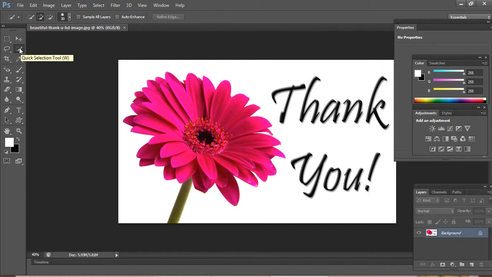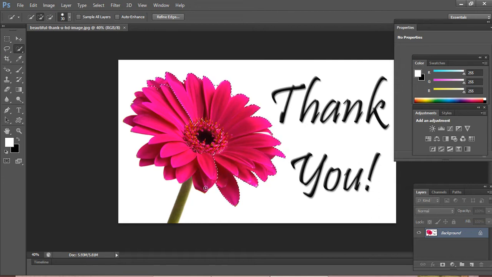When you right click, you'll get two options, magic wand and quick selection. Select the quick selection. Slowly select this flower alone. Just left click and then release, and like this, slowly select the flower alone.